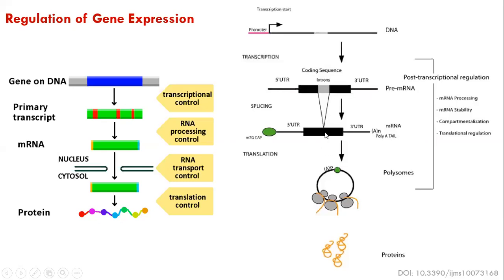Then the exons are stitched together, giving a specific mRNA. This is called nascent mRNA, which goes to the cytoplasm. Then polysomes will come, and proteins will come. Remember that the post-transcriptional mechanism will consist of mRNA processing, mRNA stability, compartmentalization, and further translational regulation. So this is really important to understand how the combination of antibody gene segments are stitched into different specific mRNA molecules, the combination of these VDJ regions, that we will look into.